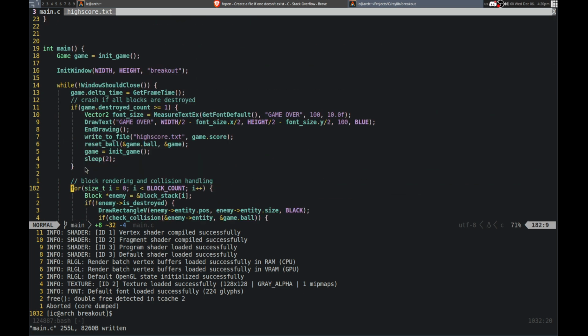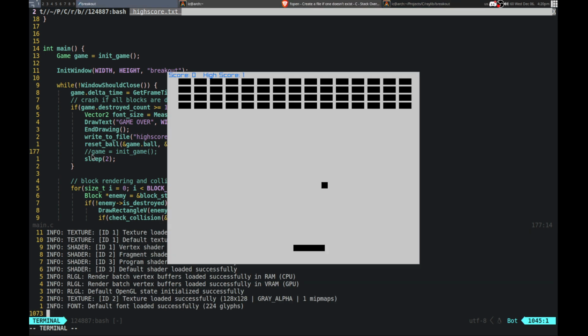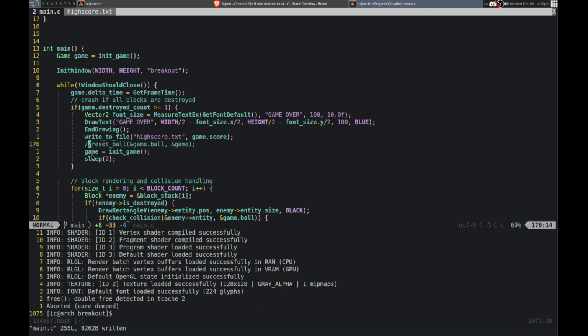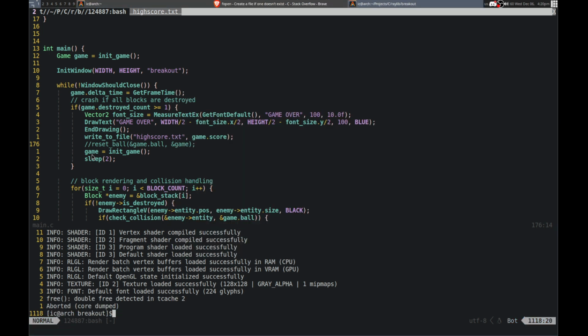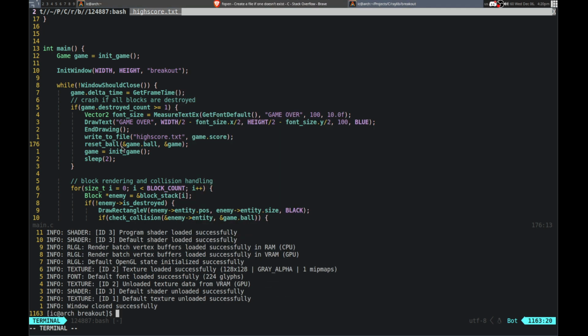Might be something in here. It only occurs, okay, when we init the game. So let's do that. And it might be the reset bars. Alright, so it's not from that. Is it from resetting the bar? Could be that. No. Okay. It doesn't happen when the ball goes out of bounds like that. No. Alright, so